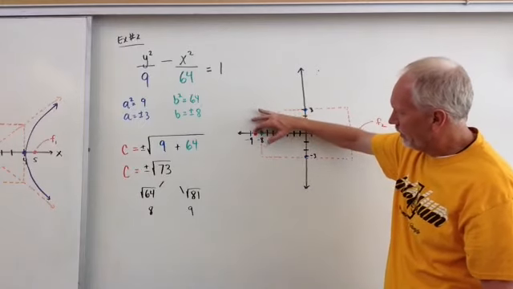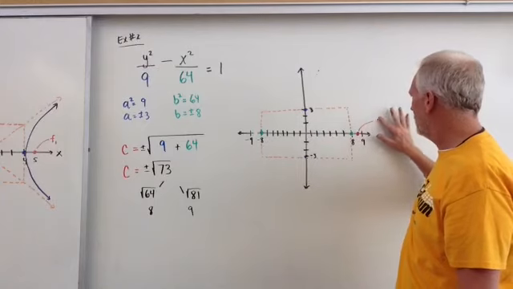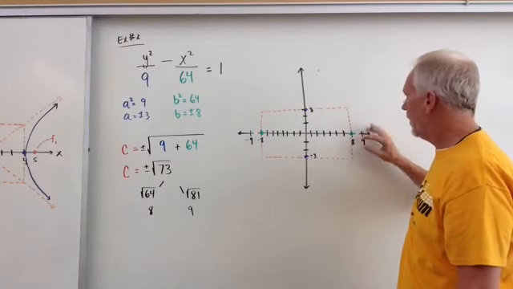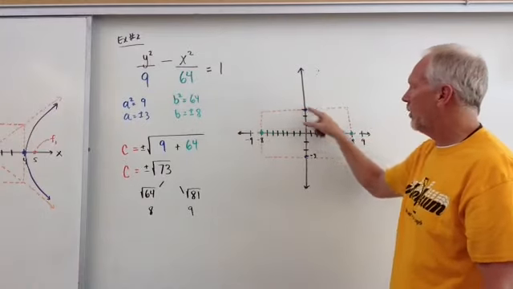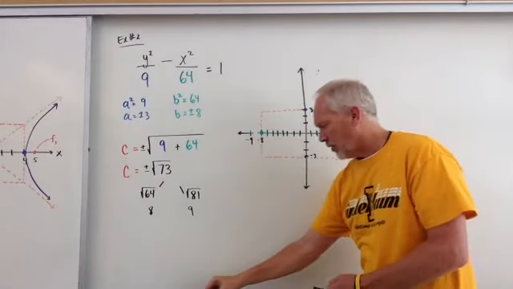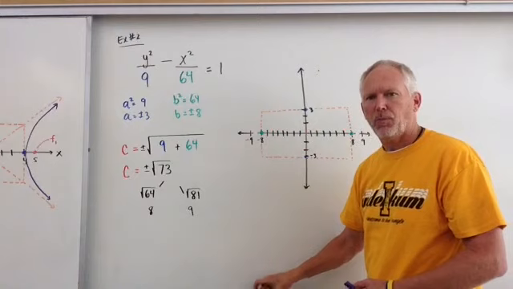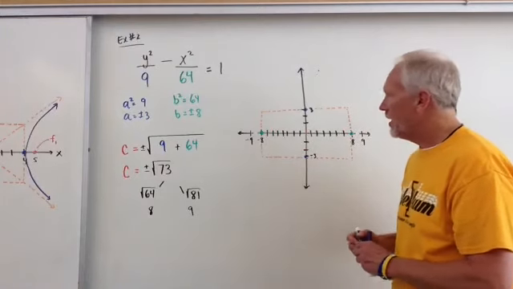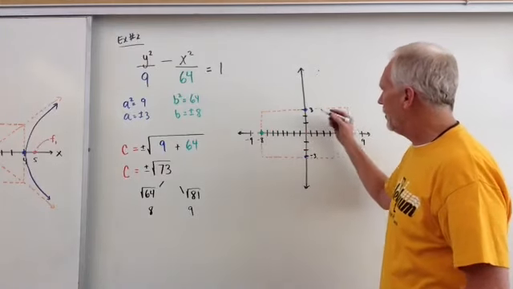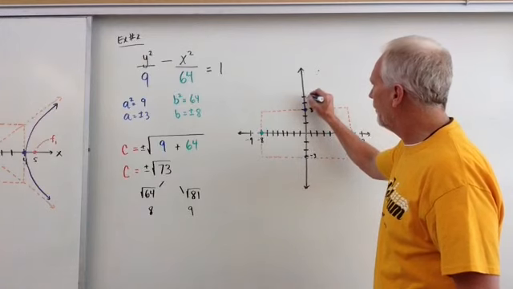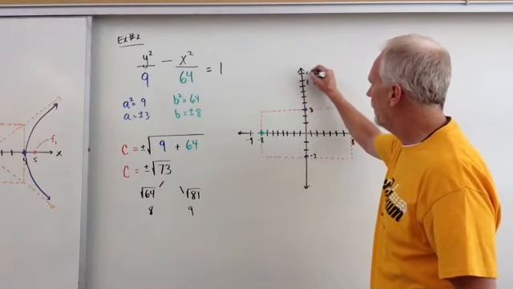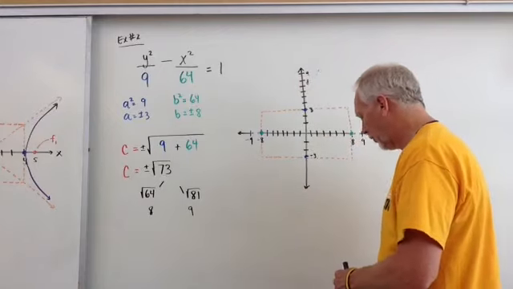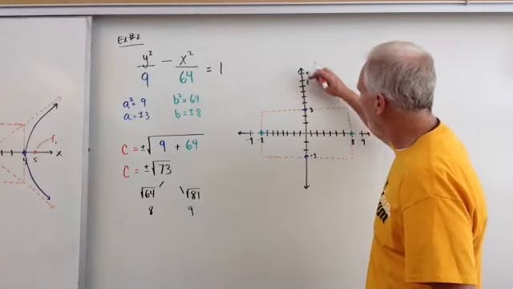All right, so I'm going to correct this because we are in the y direction, so I'm going to actually be going up this way. So what we need to do now is replace those focal points, and they are between 8 and 9 units. So 3, 4, 5, 6, 7, 8, 9. So 8 and 9. So I will have a focal point here,